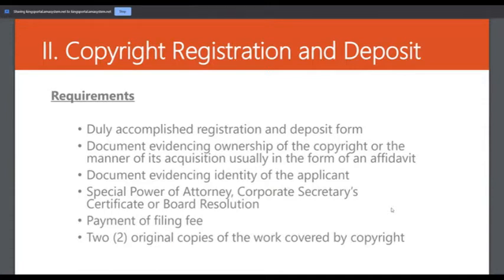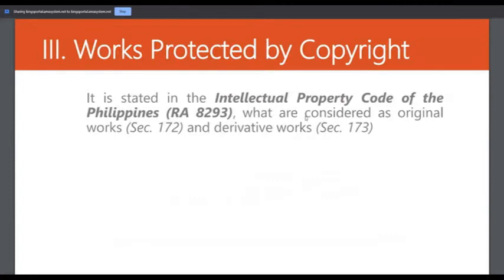Document evidencing identity of the applicant, special power of attorney, corporate secretary certificate of board resolution, payment of filing fee, plus 2 original copies of the work covered by copyright. These are the requirements you have to comply with in order to get the certificate of registration of that original work.